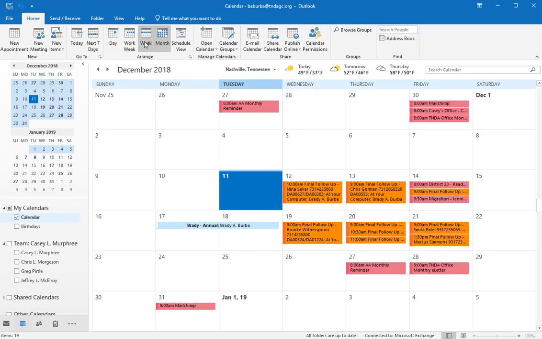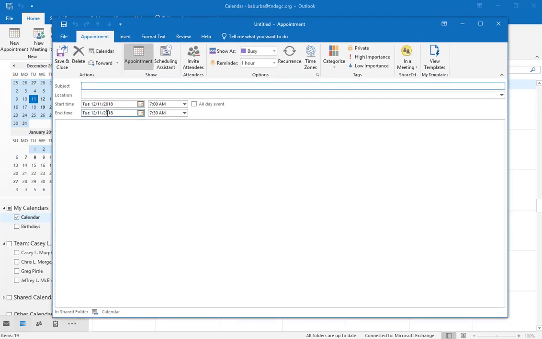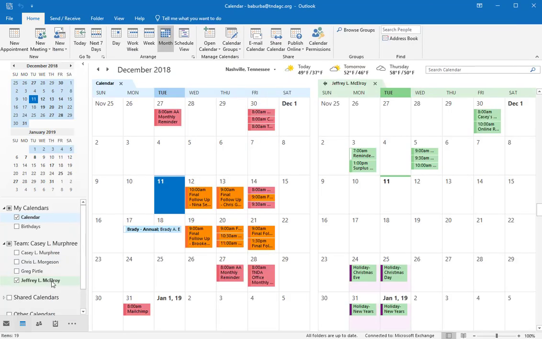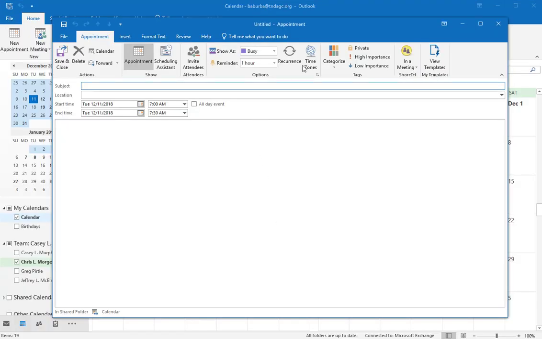You can of course change the views. I like the month view because I can essentially see everything that's going on and plan my days ahead. To create an event, all you have to do is right click, left click new appointment, pick the day, the time, and let me real quick check a calendar. Go back here, let me check for this Friday the 14th. So I'm going to open that calendar event back up, and I go ahead,